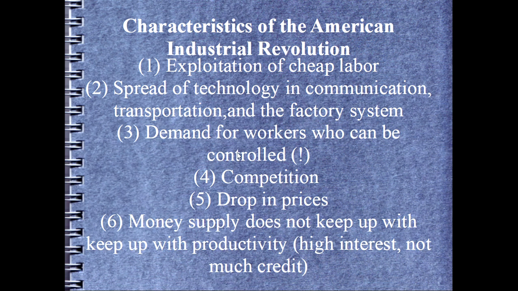So it leads to high interest rates and not a lot of credit. So you get a loan, but the interest rate's going to be really high. We're talking borderline loan shark kind of stuff. And it's very hard to get a loan because there's just not that much money to hand out to people. So not much credit. Loans are kind of hard to get, you know, not easy in the late 19th century. When you make it, it works great, but getting up that start line's a little tough.